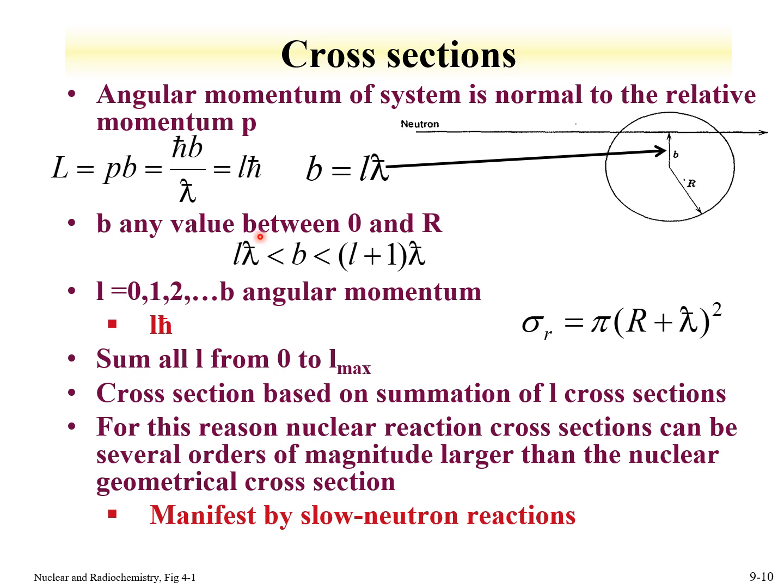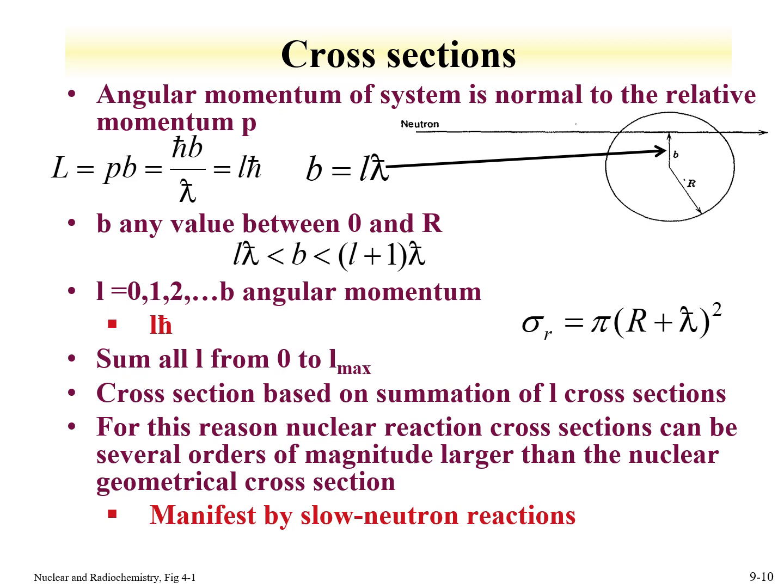So the possible ranges are listed here, where the orbital angular momentum goes from 0 to b, where we can now sum all these terms from 0 to the maximum value of the orbital angular momentum. And we can see that the cross-section is now going to be based upon a summation of the system angular momentum